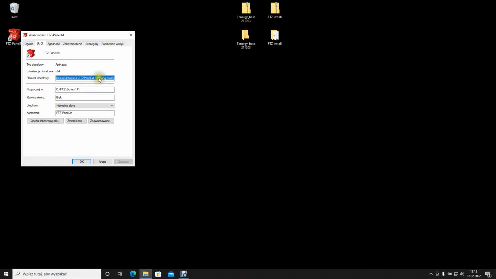You need to change after the panel 3D exec. You need to change, because by default we have language Polish. You need to delete it, but also you need to give another information, light. You need to put minus light